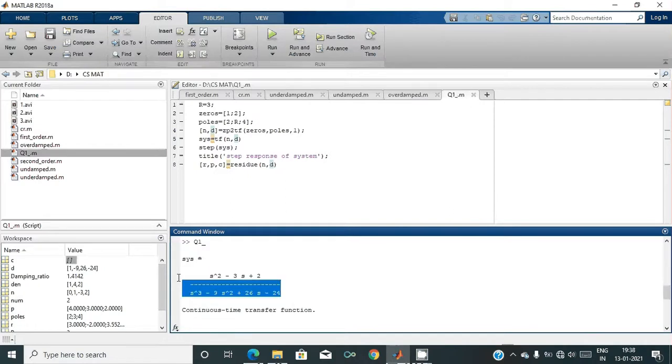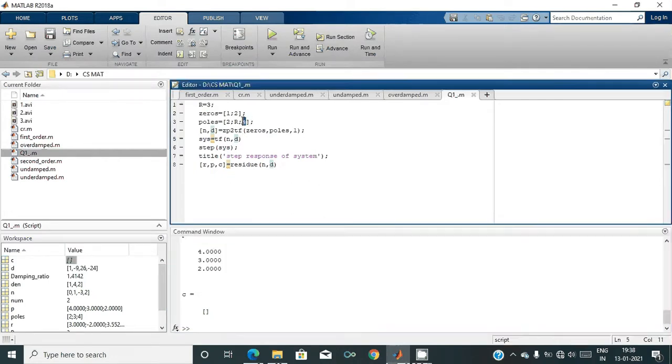You can cross verify this, after finding the zeros and poles of this transfer function, to check whether the ZP2TF function works. It is just like questioning MATLAB, but you can assure yourself that what we thought to implement is implemented correctly. You can see here it has printed P, which is our poles 4, 3, and 2, and this is the same thing we have given here.